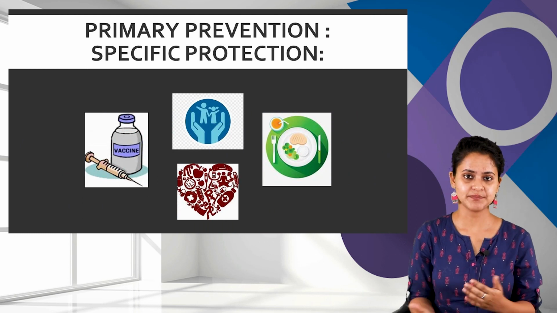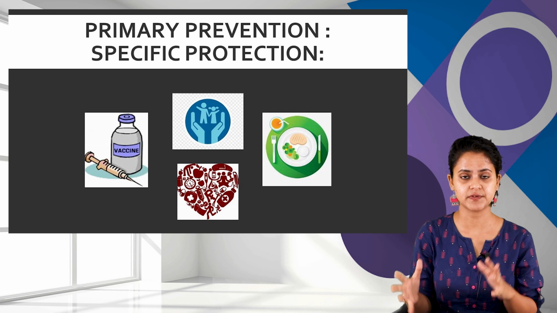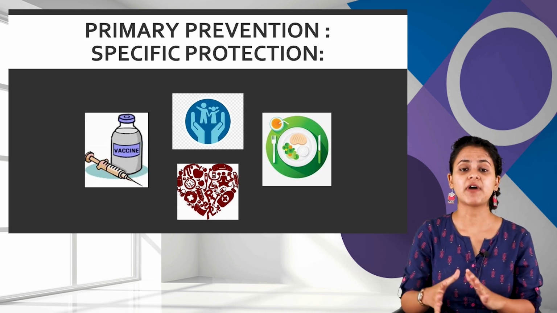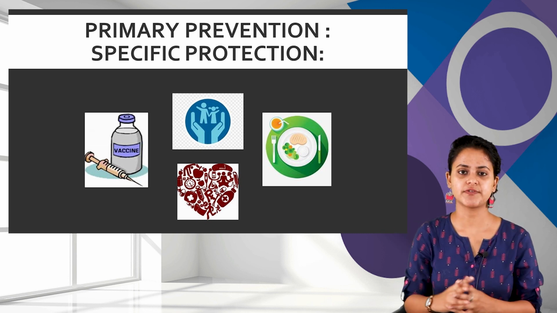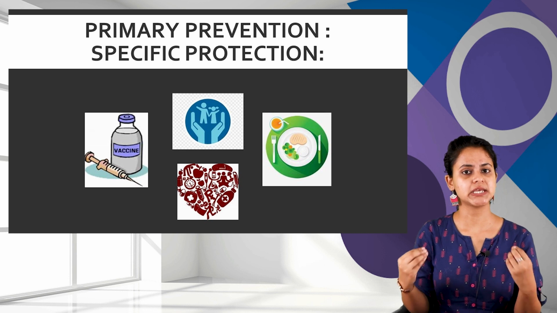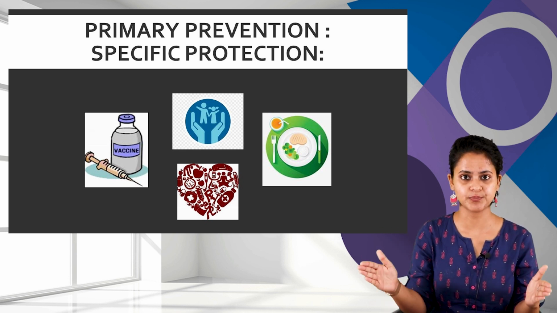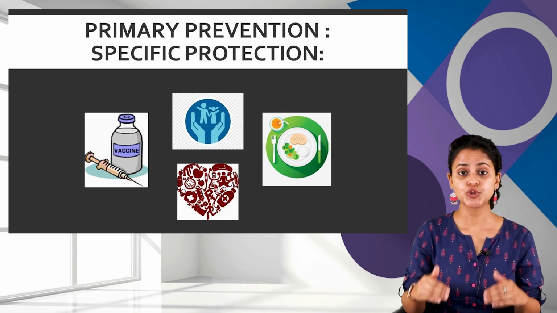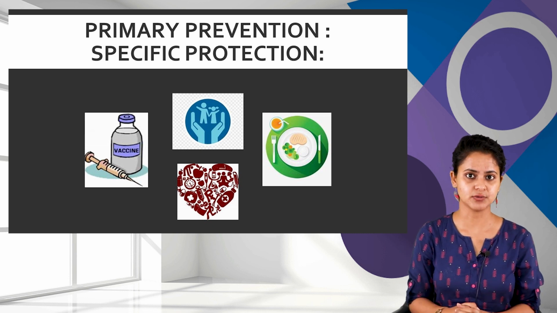Whereas the second step, primary prevention, basically includes health promotion and specific prevention. The components of health promotion include providing health education to the general population, nutritional interventions, lifestyle and behavioral changes, regular exercise and following a proper, healthier lifestyle. Whereas the components of specific protection in primary prevention include following the immunization schedule,